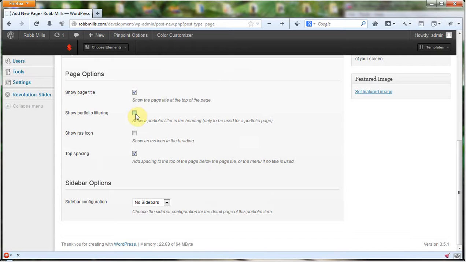If you have a portfolio and it's just a single portfolio page, similar to what you have on your front page, and you had those in different categories. If you had given each of those portfolio items different categories, you could select this and it would put a filter at the top that you could click, and it would filter out those different portfolio items based on whatever that filter was. Here you could show the RSS icon, which, if it's a blog page,